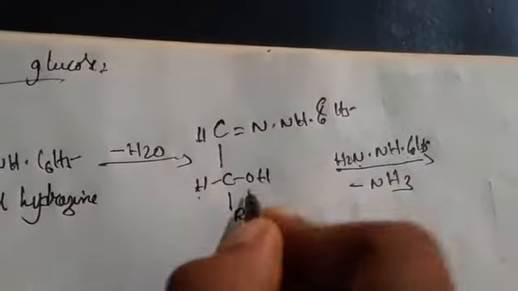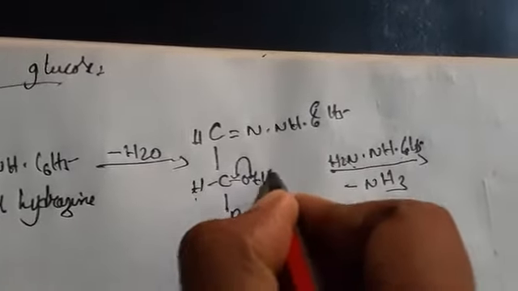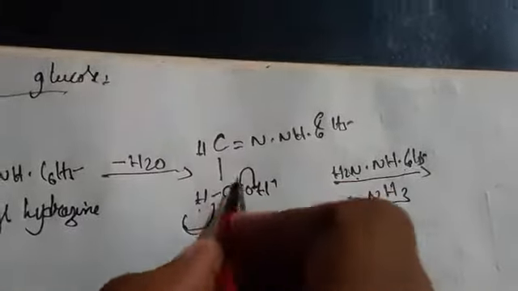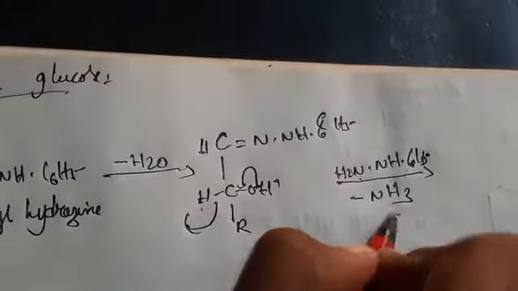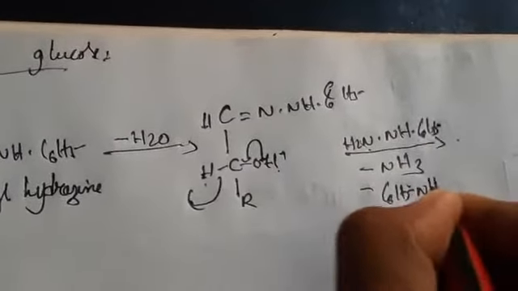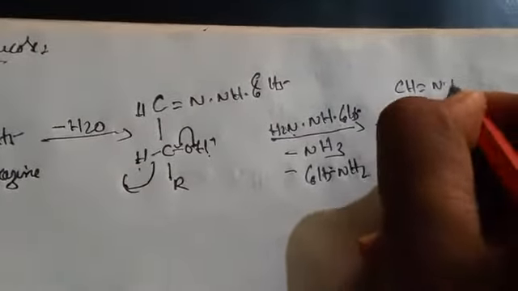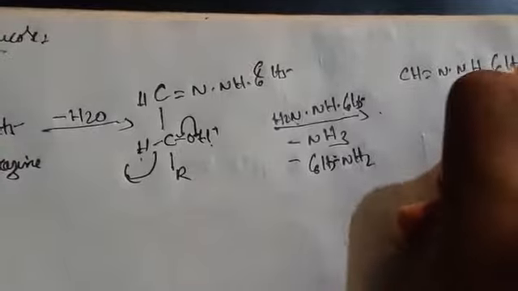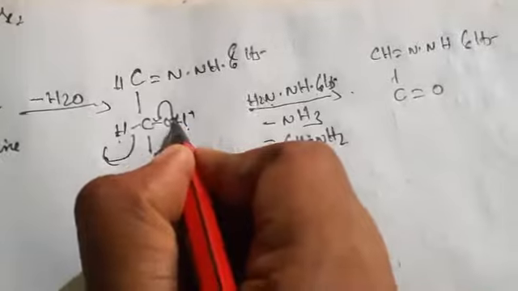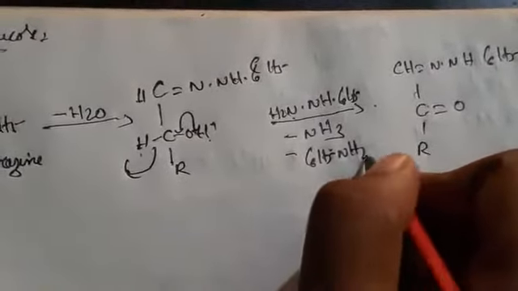Next, here the OH goes and a double bond will come, and again what remains? H plus. This bond will go outside, meaning this H and H2, minus NH2, this H plus, C6H5 and H2, aniline, will go outside. So what are you getting? CH double bond N, NH, C6H5 and C double bond O. Why have you got C double bond O? Here the bond is turned as another bond R. Okay, this is the molecule you have got.